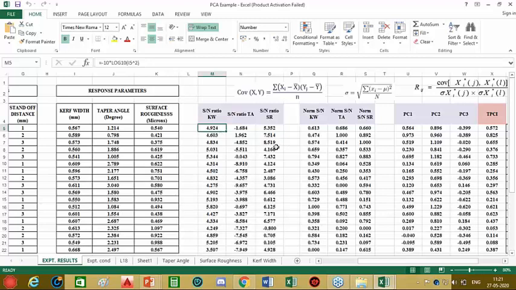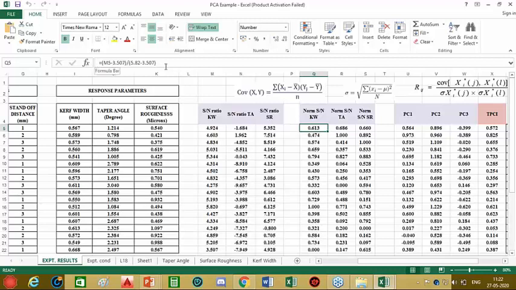The next task is that, since we are going for dimensionality reduction, we have to numerically add this data for the three responses. This is not possible directly because these three responses have different units. Therefore, to bring them to a common platform, we normalize this data. The normalization depends upon whether your responses are to be maximized or minimized. In this case, the response is to be minimized, so the formula which we use here is this.